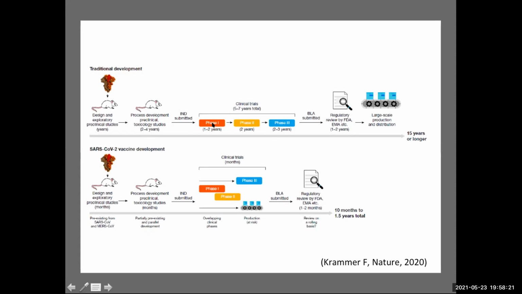Then they are tested on humans. Initially, a small number of people, called the phase 1 trial. Then another small number of people for another 2 years, the phase 2 trial. And then a very large number of people, the phase 3 trial. Then, once all these trials have been successful related to the efficacy of the vaccine and the safety,